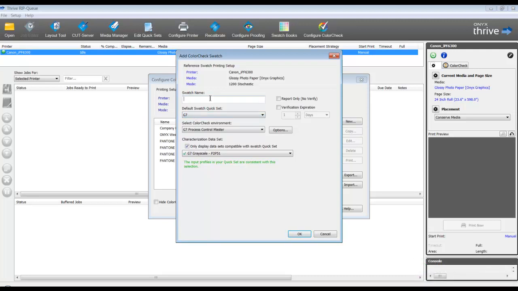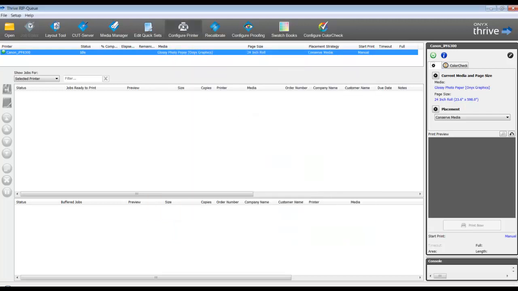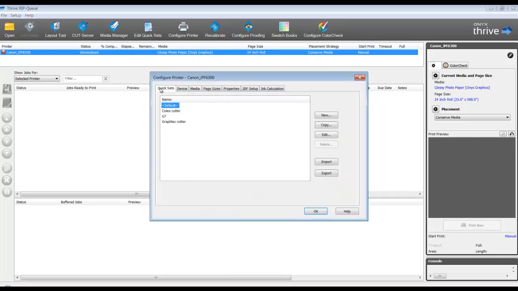I'll give this the appropriate name. And in my example, to show you where we go to set that QuickSet, I'm going to go up to Configure Printer. In my QuickSet tab, I created a new QuickSet. In this case, I'll edit.